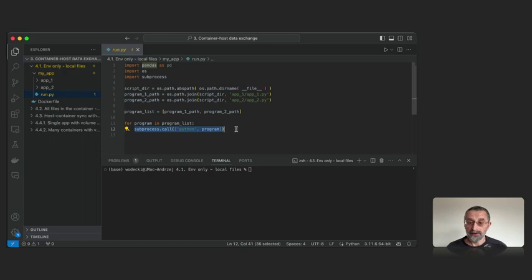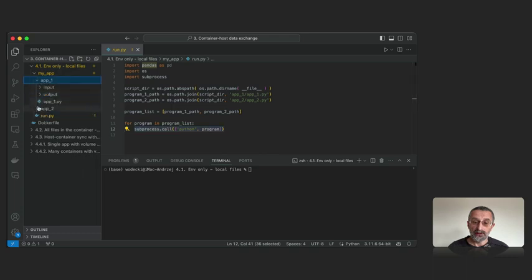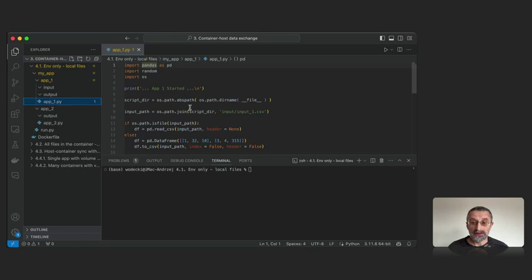So as you can see, I have some program list, program 1 path and program 2 path, and for program in this program list I call those in a sequence. So the first call is to app1 slash app1.py, and the second one is app_2 slash app_2.py. When we look at those two folders, you will see that in app1 I have input and output folders which are empty at the moment, and app1, which is an extremely simple script